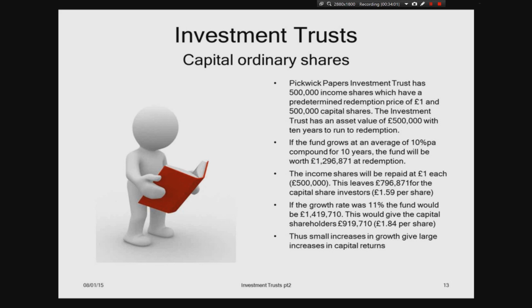Pickwick Papers Investment Trust has 500,000 income shares which have a predetermined redemption price of £1, and they've also got 500,000 capital shares. The investment trust has an asset value of 500,000 with 10 years to run to redemption. If the fund grows at an average of 10% compound for 10 years, the fund will be worth